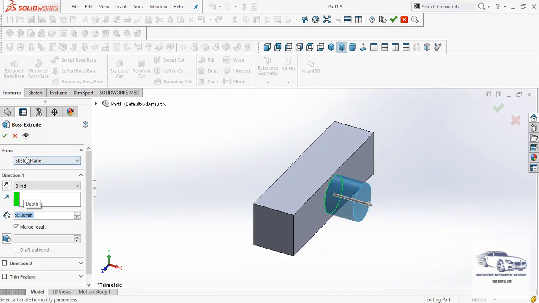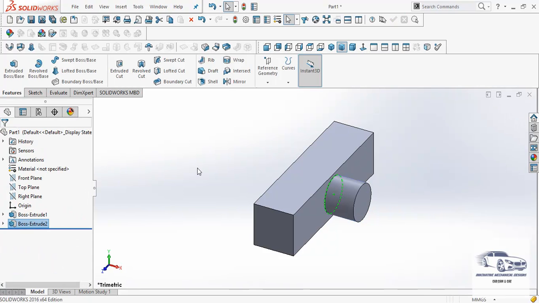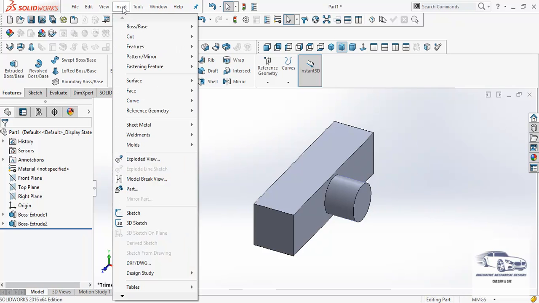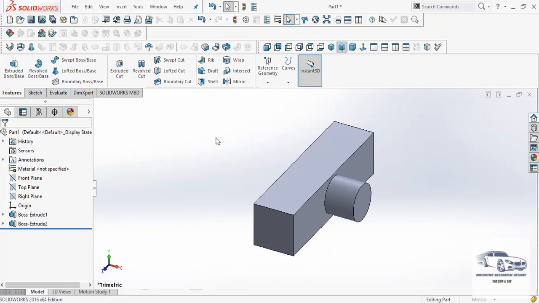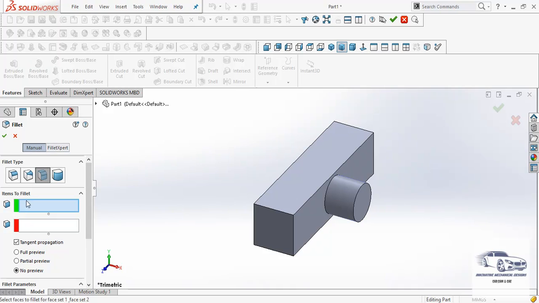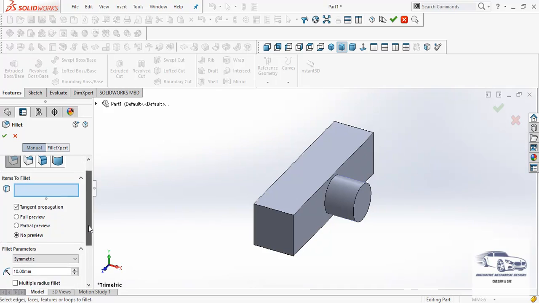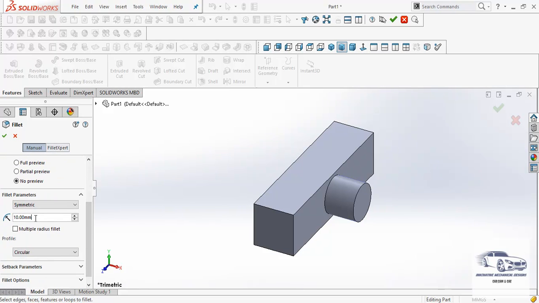Next we have to input the fillets of value 2 mm on the required edges. So here in insert menu, in features, we have fillet. So in fillet I will select constant size fillet and input the value of 2 mm, which has to be given as an input, and then I will select the edges.